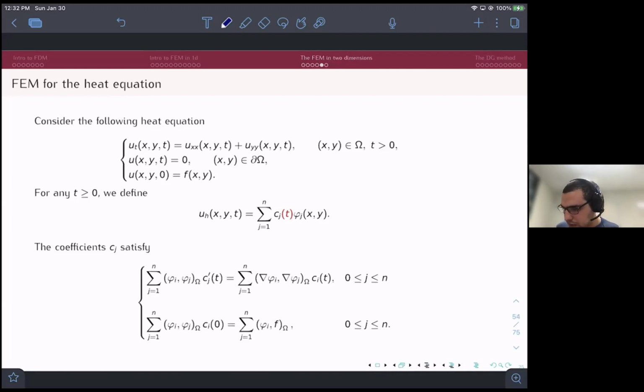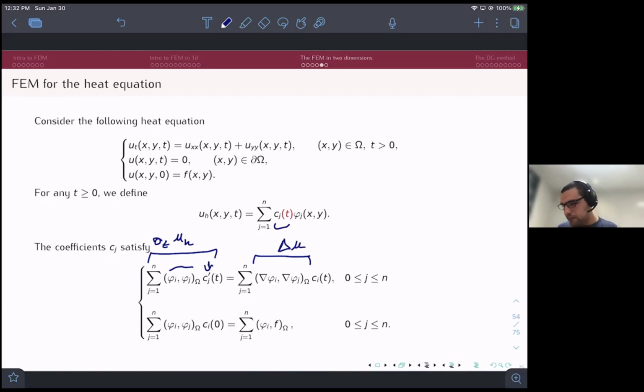These coefficients Cj would verify that the sum of this phi, pj, c prime, this whole term right here, is coming from the derivative with respect to t of uh. And the right-hand side looks exactly like the right-hand side that we had before, with the exception that it depends on t. And this is what it's going to be,